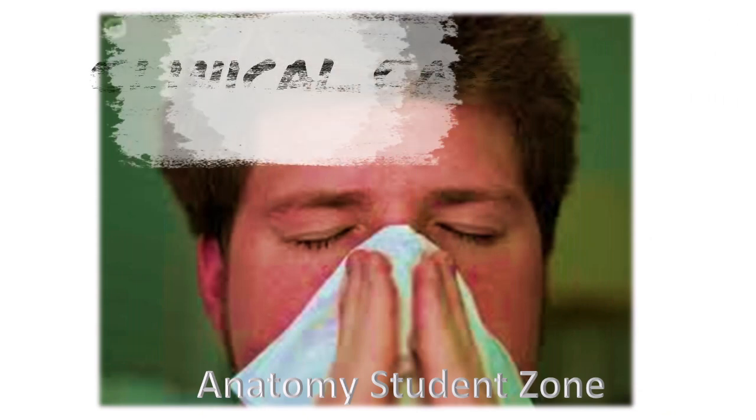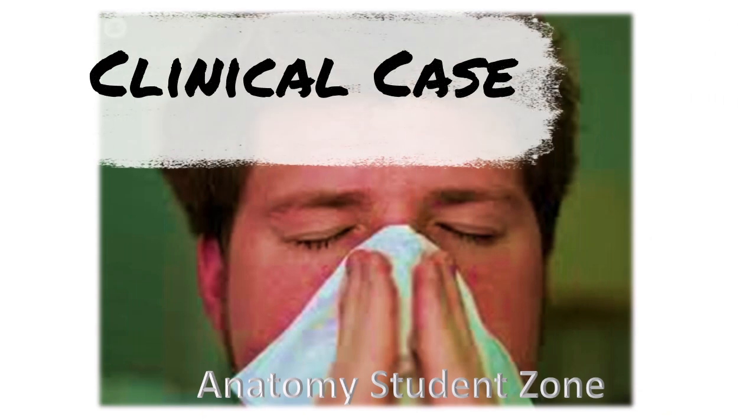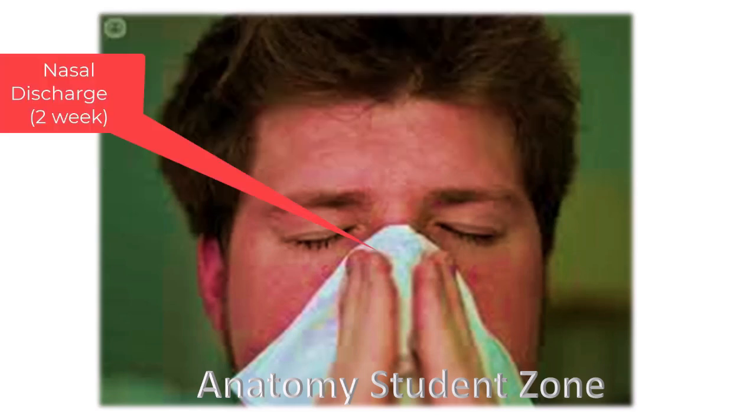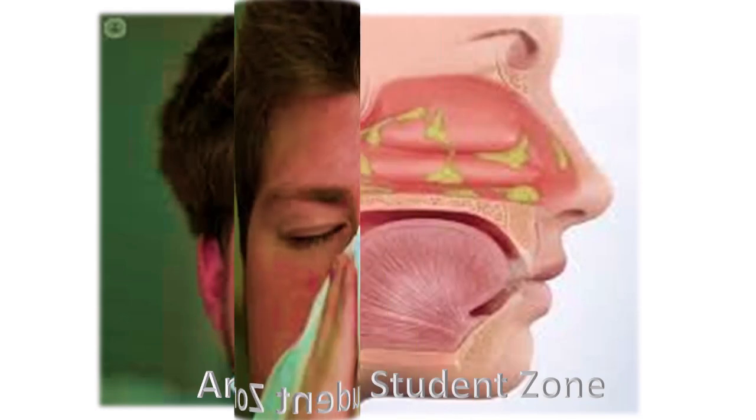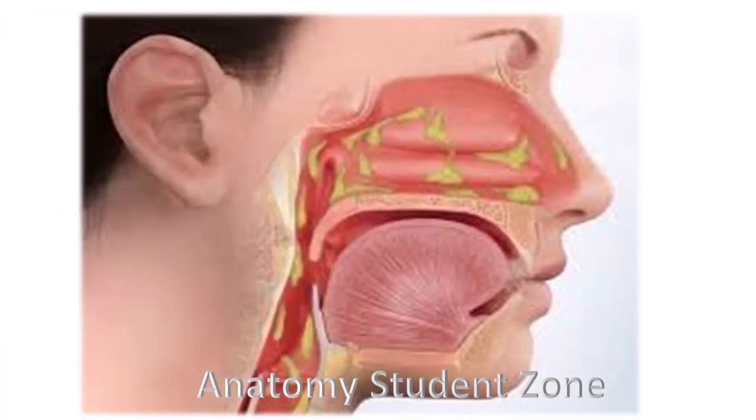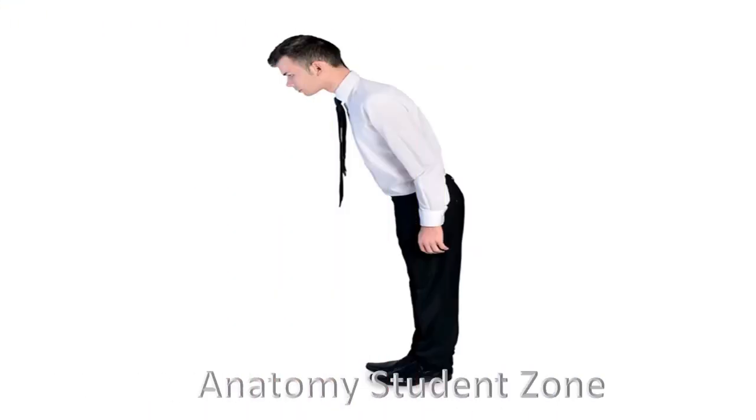If you are a doctor and a 32-year-old male, or whatever the age is, presents to your clinic with a 2 week history of a nasal discharge. A 2 week history shows that it is a short term duration history, with nasal congestion, and the patient is also having thick yellow nasal discharge. Besides this, he is also having facial pain and a reduced sense of smell, and he also reports that the symptoms get worse when he bends forward.